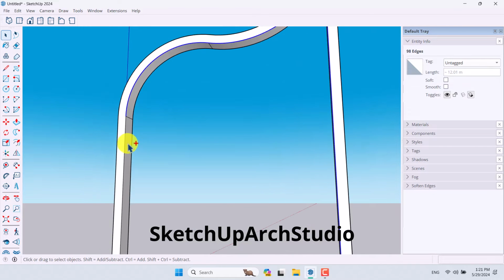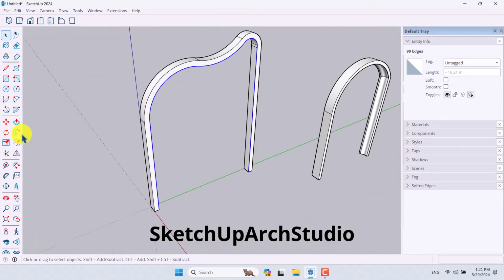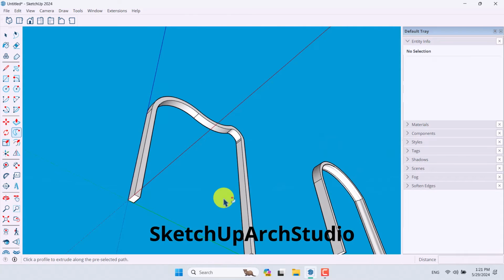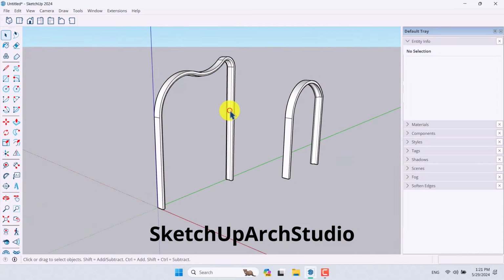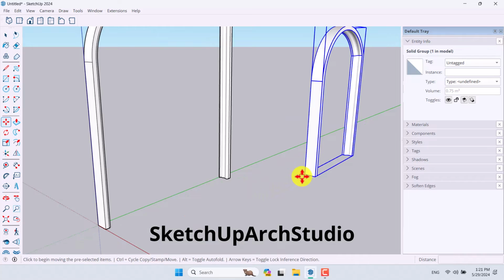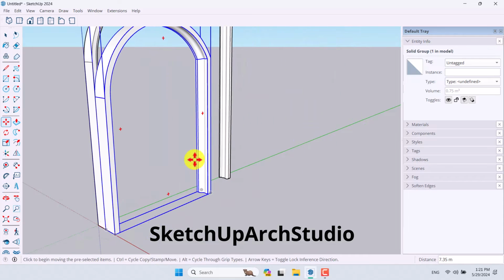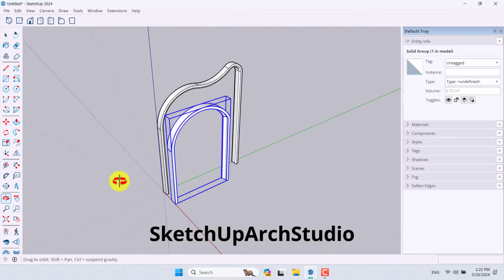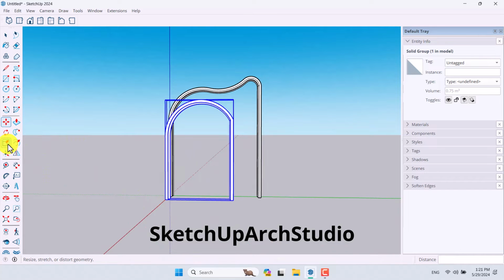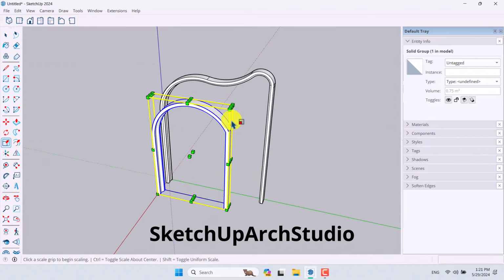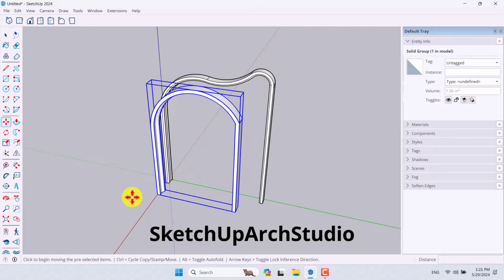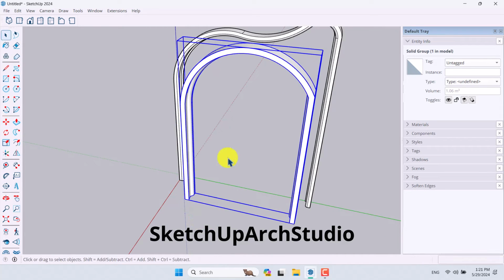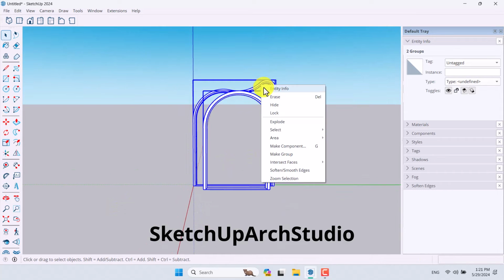Select it by holding Control. Click on the Follow Me option, and now select your profile like that. So it's generated for you another time. Click on Make Group in here, move this smaller arc in this place, something like that, match it up a little bit in here. Now you can click on the Scale option, rescale it a little bit, something like that. Click on the Move option, change it to the center point, select both of them, click on Make Group